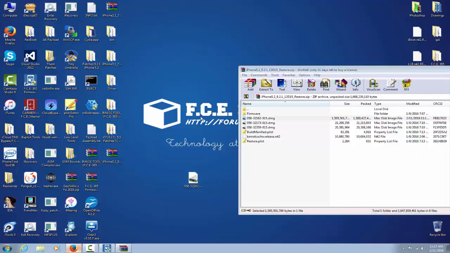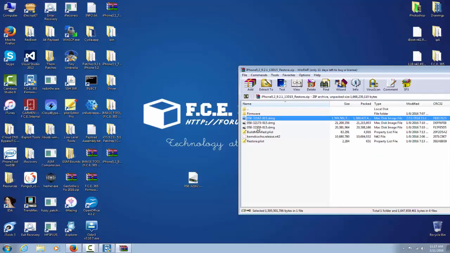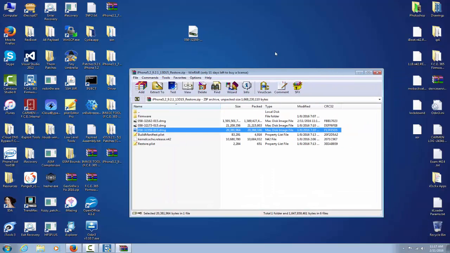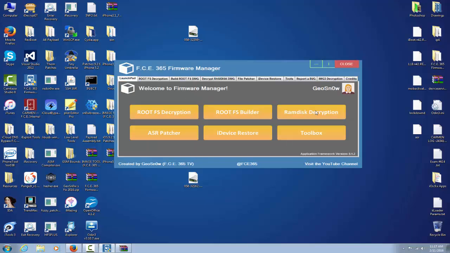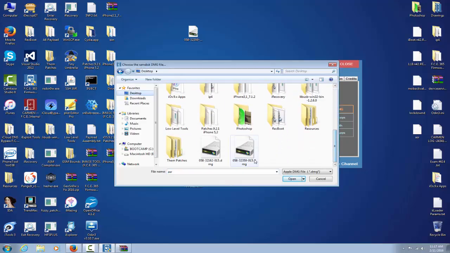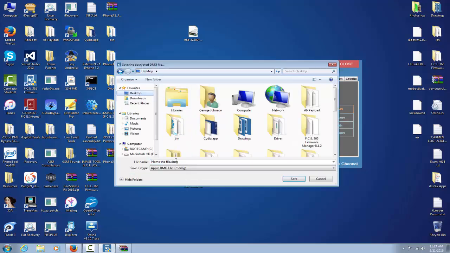Now we need to go to this page on the iPhone Wiki and find the restore Ramdisk, which by name is 32359, and it's basically this one. Take it on the screen and open back the F.C.E 365 Firmware Manager, go to Launchpad and Ramdisk Decryption. Add the Ramdisk. And set the new file,